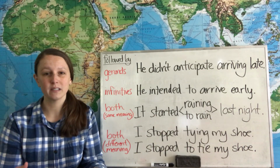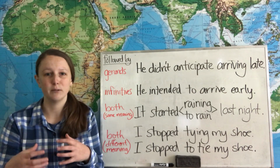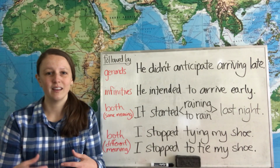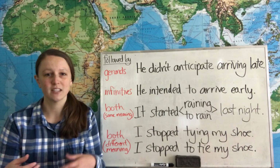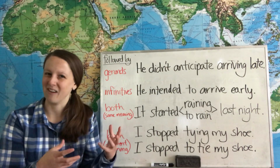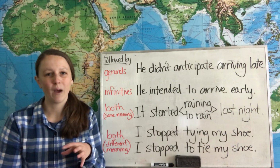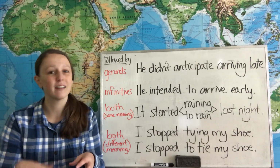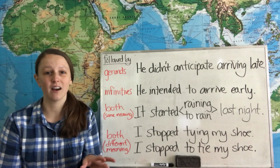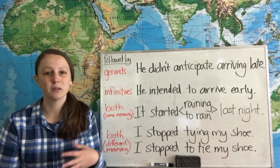In this video, we're going to focus on those infinitives and gerunds that are acting like the object of a verb, that come right after a verb. Even though these two forms, these gerunds and infinitives, have similar jobs, they're both verbs acting like nouns in a sentence, we have some pretty strict rules about when and how we can choose between a gerund and an infinitive. And we're going to talk about that now, focusing on when we use a gerund versus an infinitive after particular